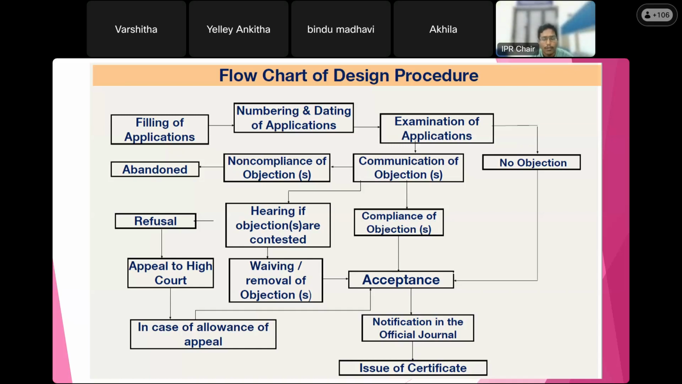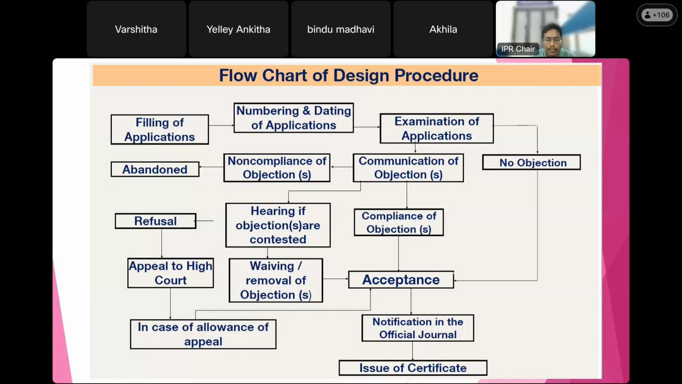waiving or removal of objections. If you can satisfy them that these objections are not really objections, and if it is acceptable to the Controller General of Patents, Designs and Trademarks, then there is a notification in the official gazette, and you will get the issue of the certificate. That means design registration is done for you. In case